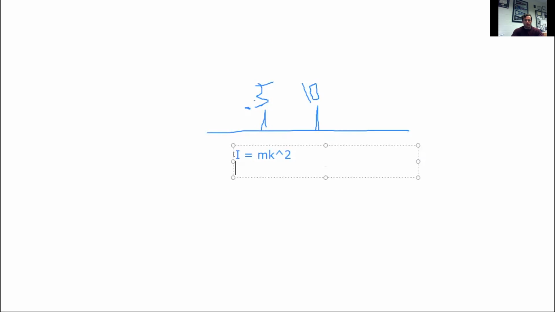So we're going from a grand total of 10 times 1 squared to 10 times 0.5 squared. So that means we literally had initial inertia